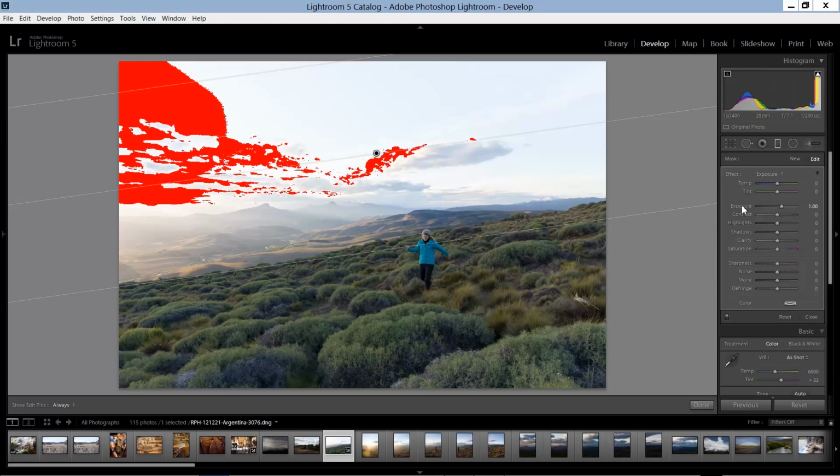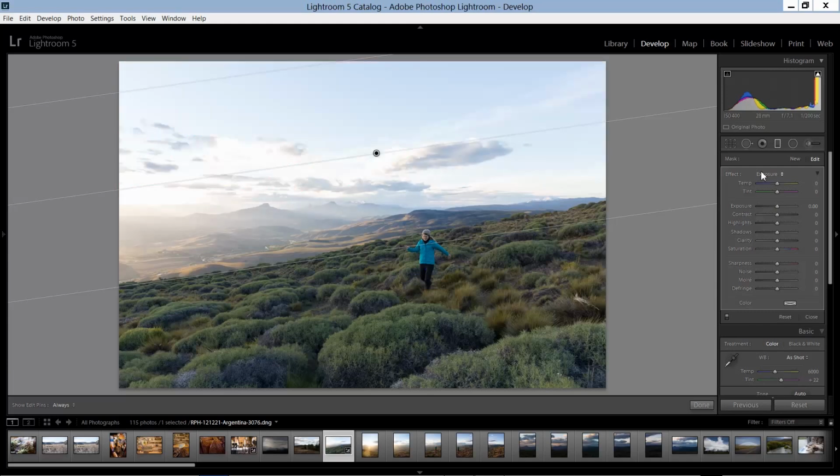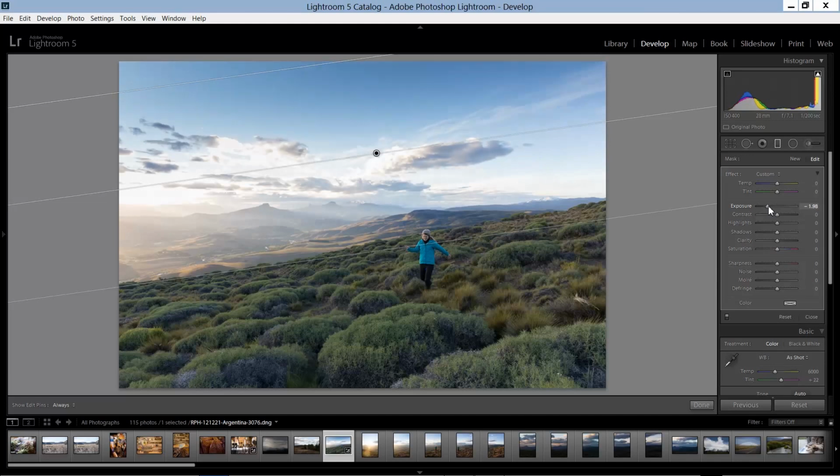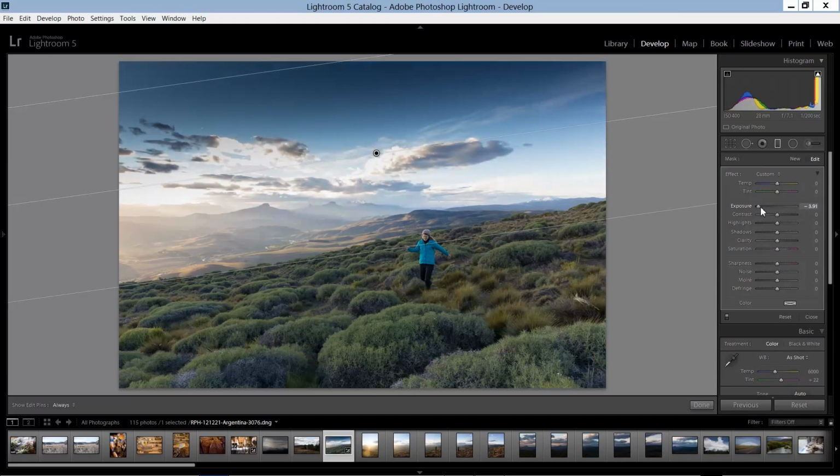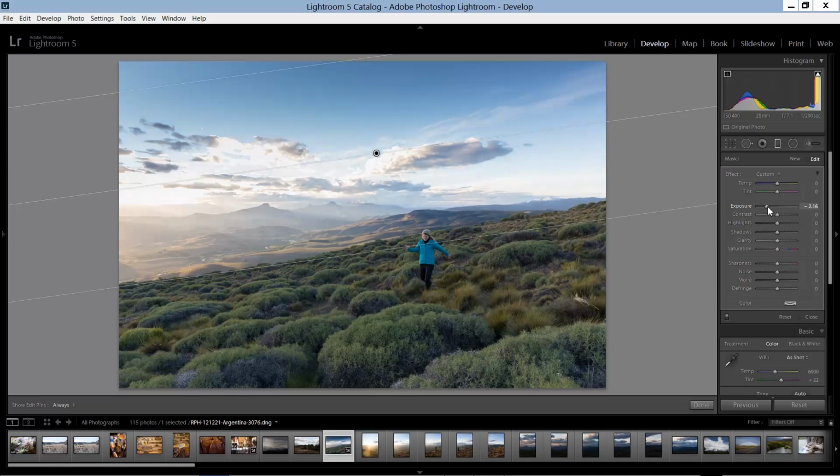Reset the exposure back to 0 by double clicking on the exposure name. The exposure was slightly higher, that's why it started clipping. And dial that back down and reduce the exposure in the sky. And you can see there, if I go too far, it goes really dark. I don't want to go too far because it's starting to affect the clouds. So I'm going to pull it a little bit down like that just to increase a little bit of the